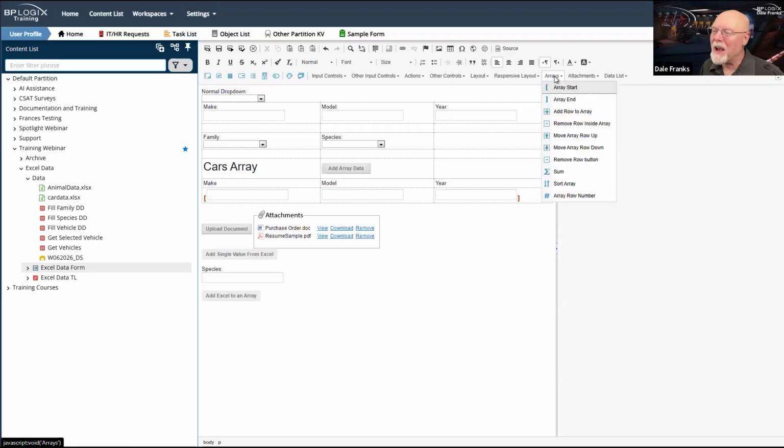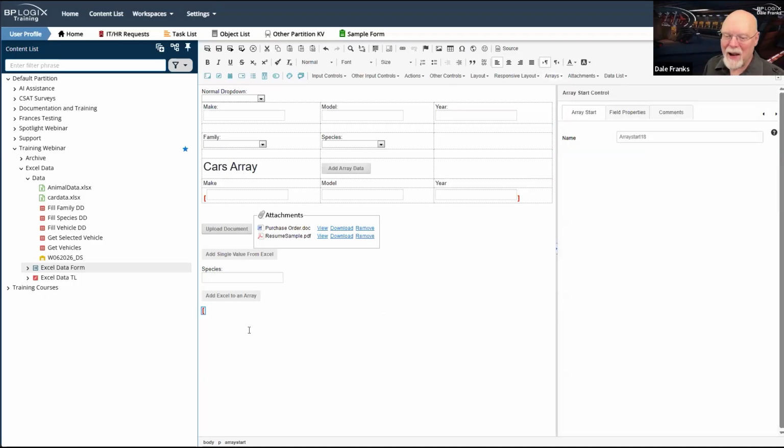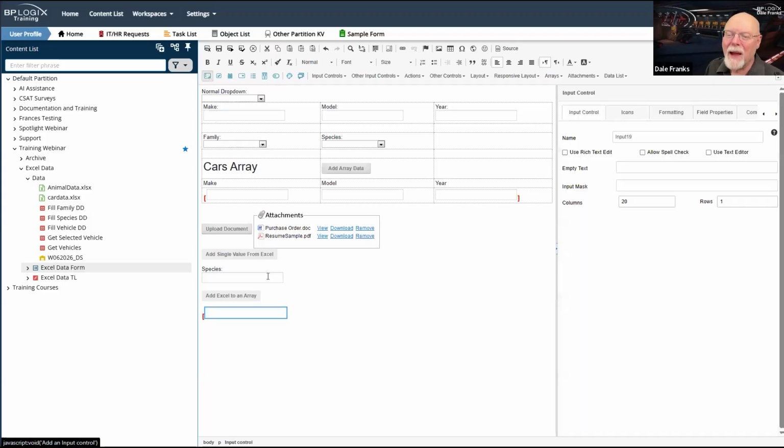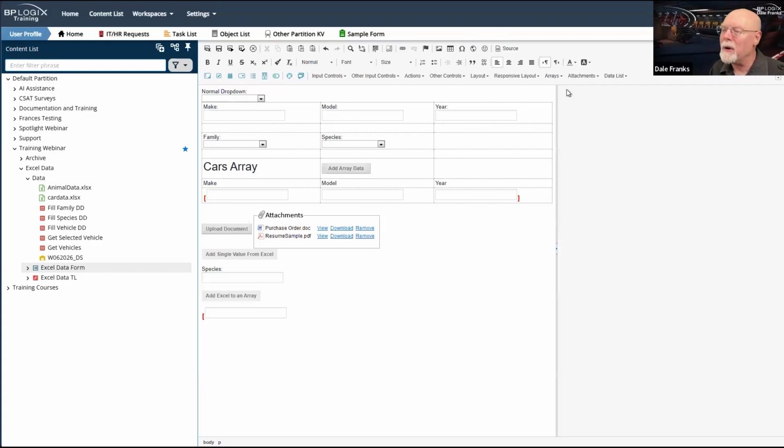Usually we do this in a table, but I am going to do it like this. And we will have these text 2, and there's a space there, which is not allowed. So species text 2. And then I am just going to put my array end control right there. Like I said, this should be in a table. You know what?